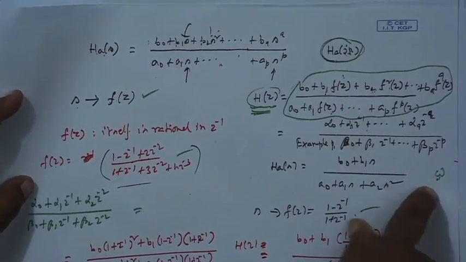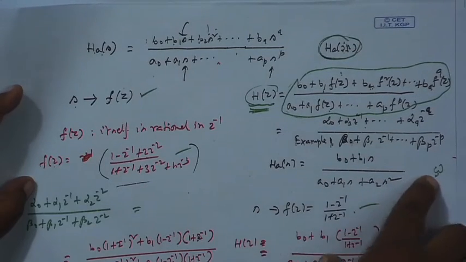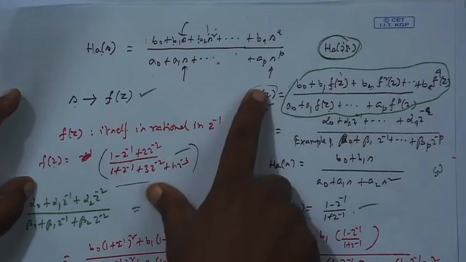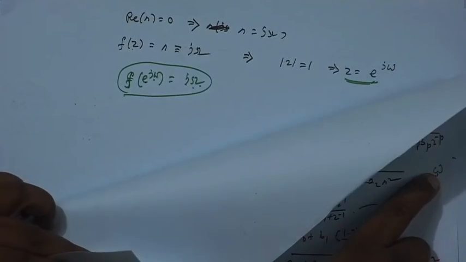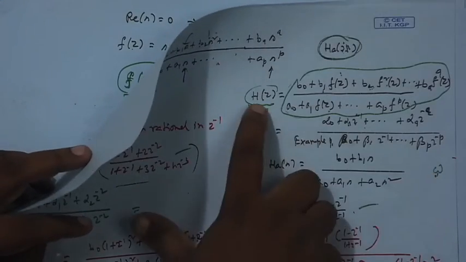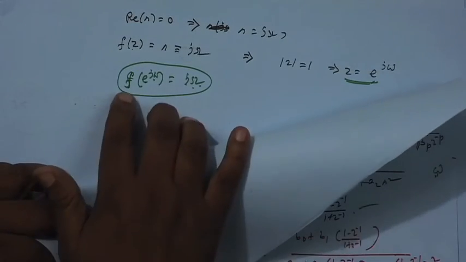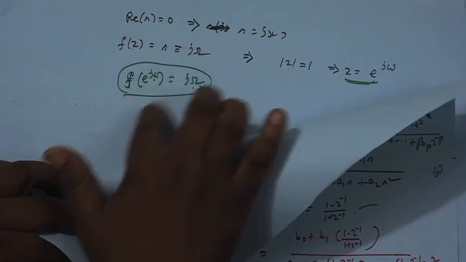Suppose this H_a(jΩ) plot is given to me. I have to find out the digital filter frequency response plot. So, I start at any small omega. I have to find out what is H(e^{jω}). I want to find out the frequency response at a digital frequency small omega. What do I have to do? Simply, I put in this equation f(e^{jω}) and find the left hand side out.